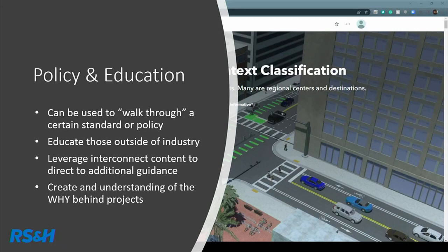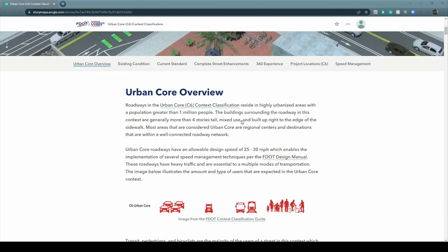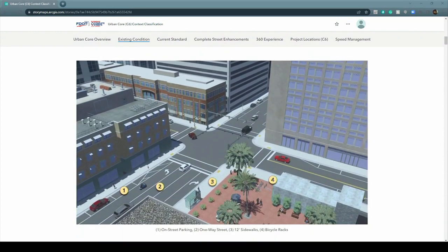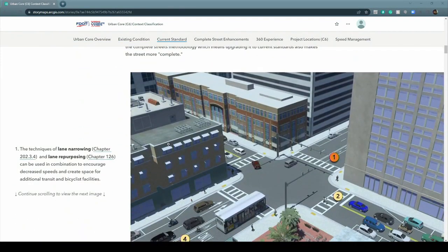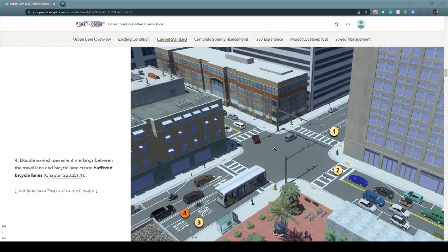So we're trying to target two different markets, with what we felt was a creative use of 360 images. And in this case, we actually embedded them within a story map, which is an Esri product. Great tool if you haven't used it. If you guys are using an Esri license, you probably have access to it. You're able to use these same models that we are using to generate the 360 images and also use them to help educate and inform